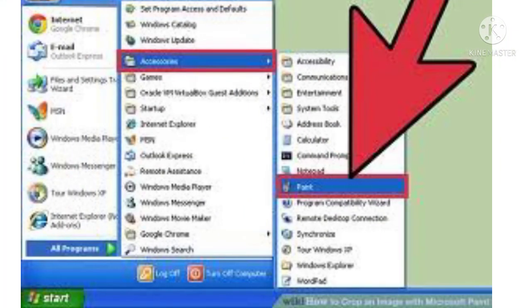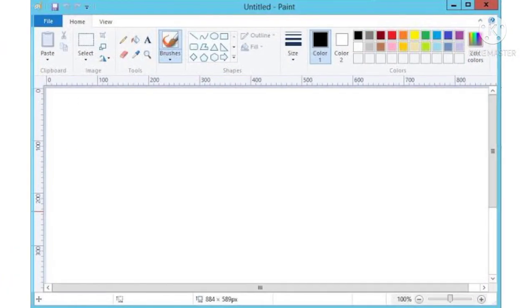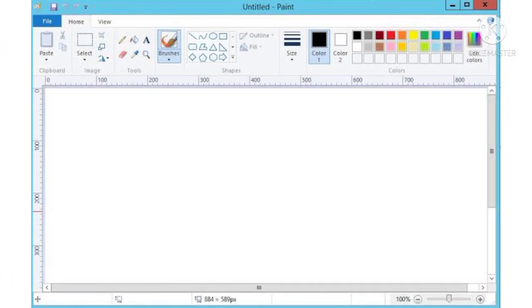Students, now you know to start the Paint program, select the Start button, click on All Programs, click on Accessories, then click on Paint. The Paint window has the ribbon and drawing area. The ribbon has different tools that are used in Paint for performing different functions. You can save the picture that you draw using the Paint button.